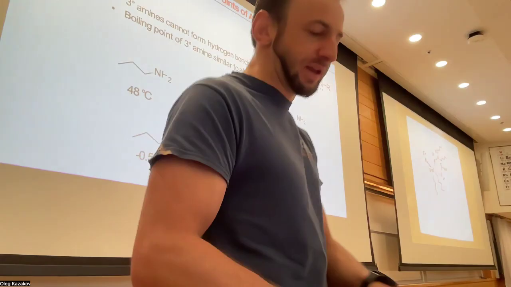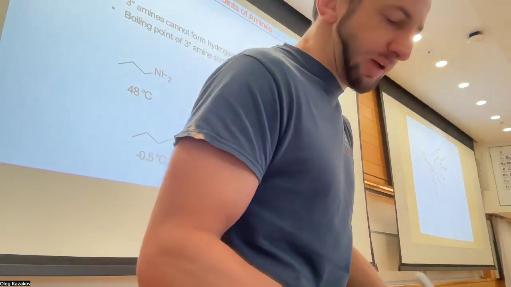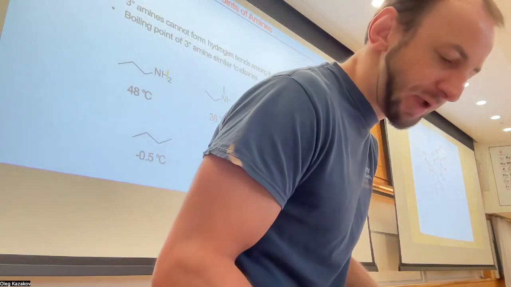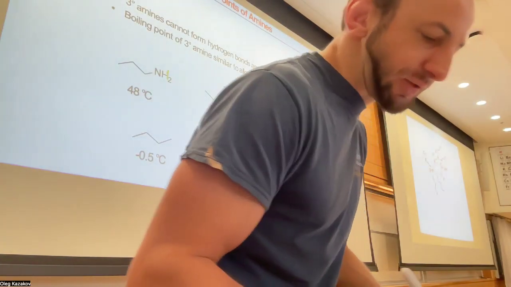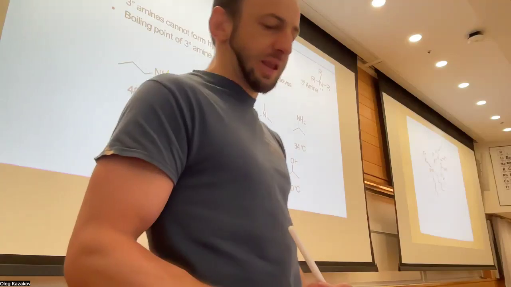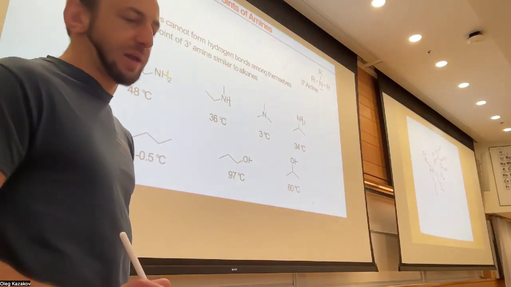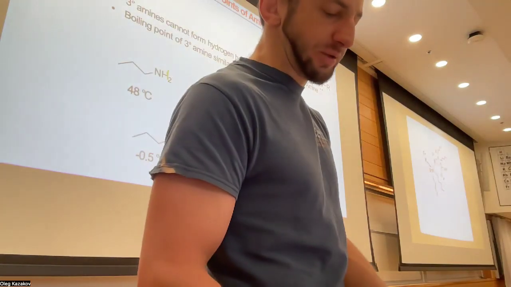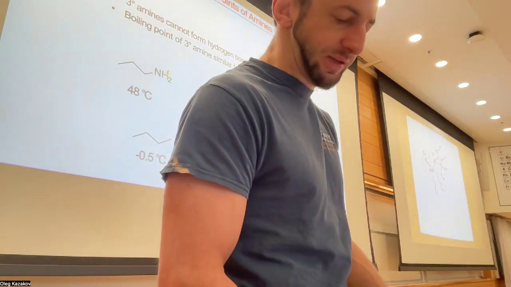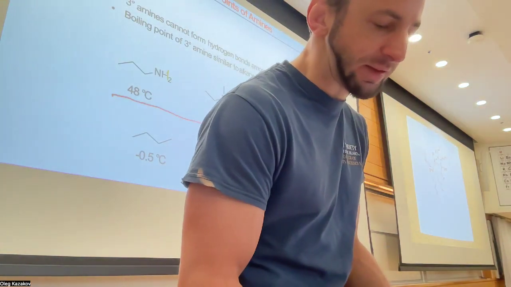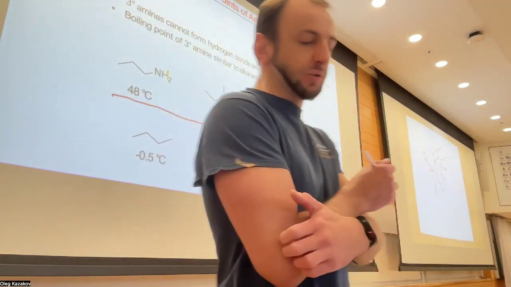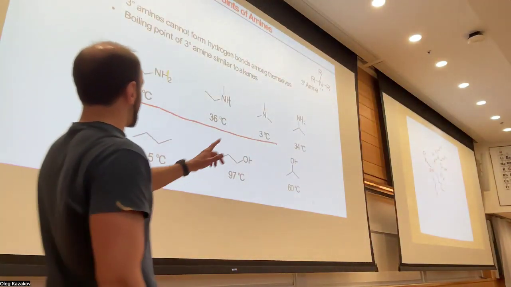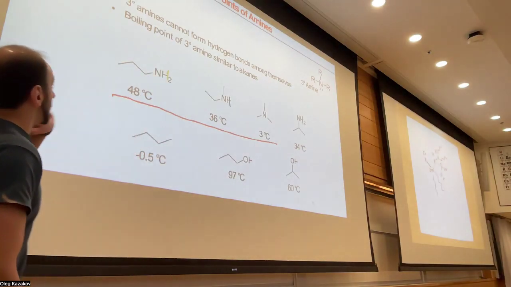So then what else? Boiling points, that's mostly for statistics, I would say, right? So here we can notice some trends. If we take a look at, for example, amines, right? Here we can see some sort of tendency, right? Let's say we go from primary to secondary amine to the tertiary amine, and it looks like the boiling point just goes down, right?